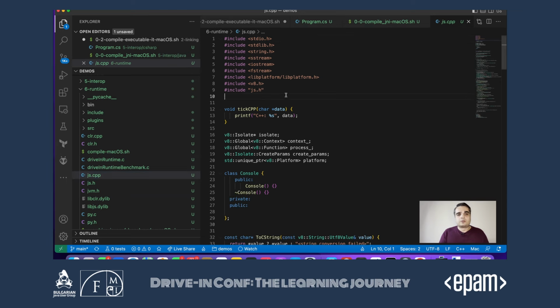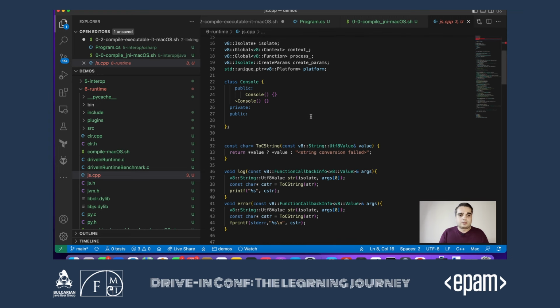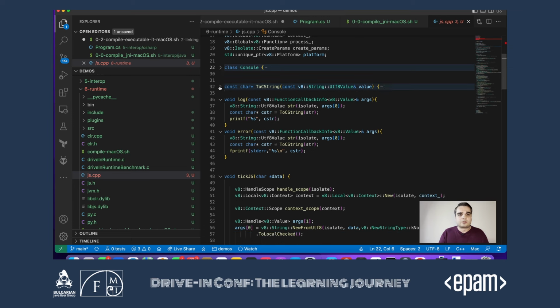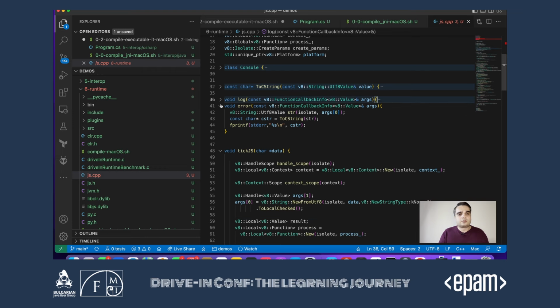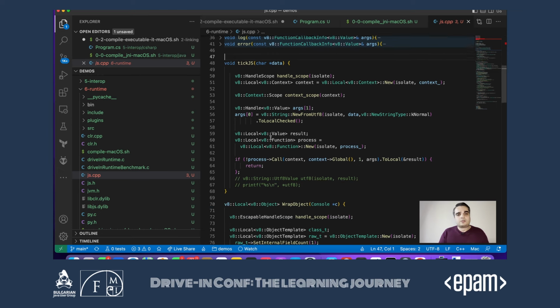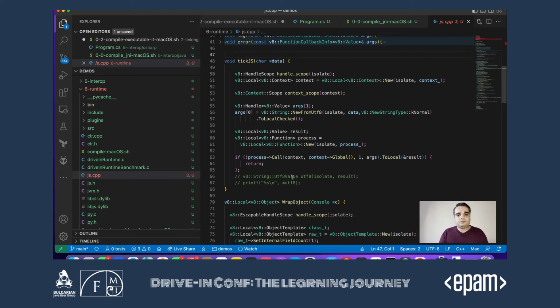For JavaScript, we need to load the V8 runtime, linking it to lib platform and V8. You can forget about this. It's just a custom console implementation that we then expose to JavaScript, but the idea is that it wouldn't buffer, it wouldn't flush the output buffers once we log, because I wanted to do some benchmarking later. And in our tick.js method, we need to respect some V8 calling convention.